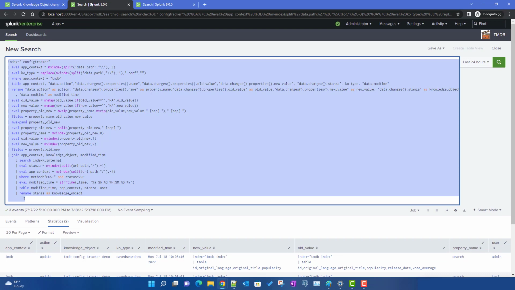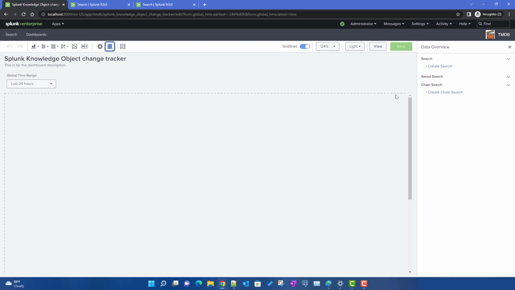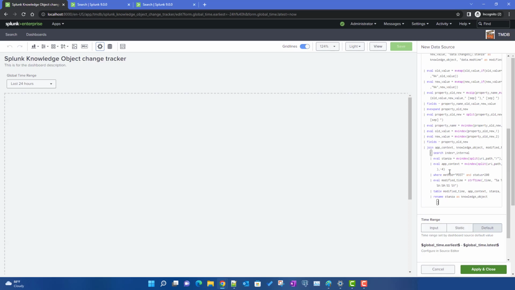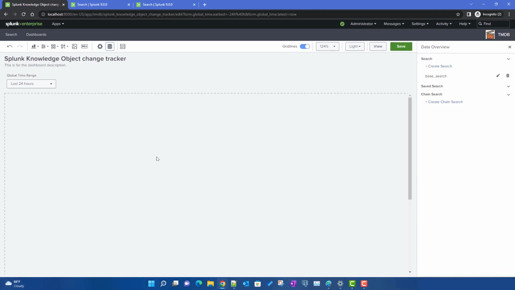So let's create the base search over here. We'll go to the search, data overview, create a search. We'll give it a name called base underscore search. We will give the name over here. The global time picker will be applied over here. I'll just apply. Okay, so now we need to have